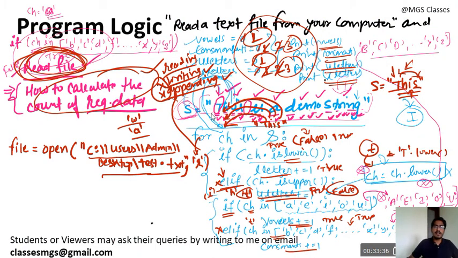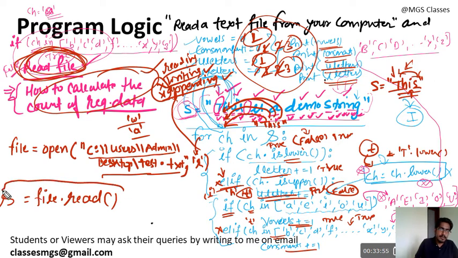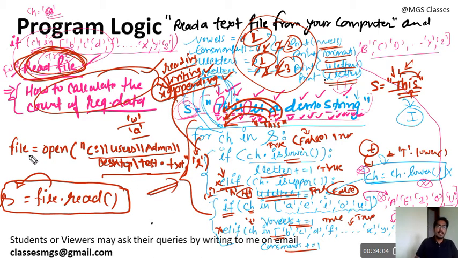So this is how you will open the file in read mode, and now you can easily read the content of the file and put it into a variable. The file.read method is basically used to read the file content, and here we put the value of the file content into a variable, and the rest of the program will work like this only. So this is in two parts. One part is to open the file, another part is to read the file content.